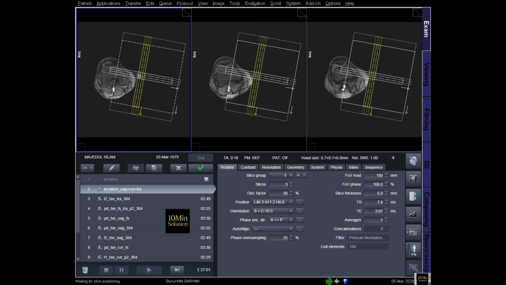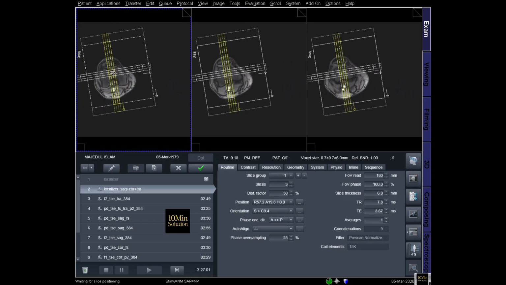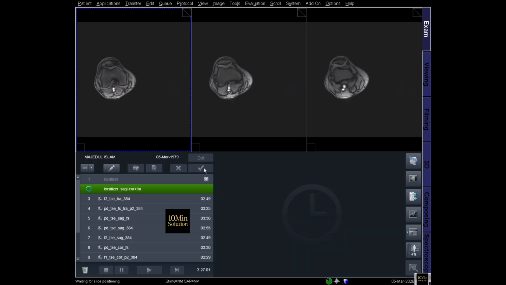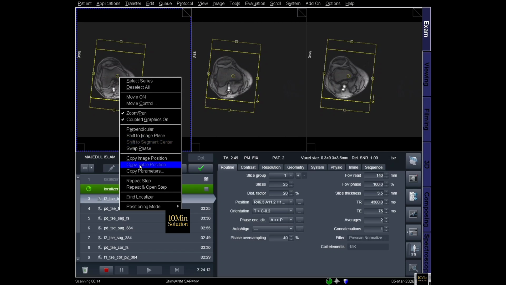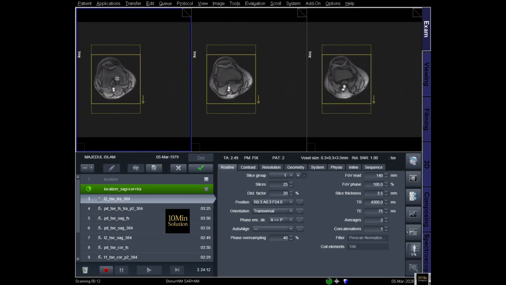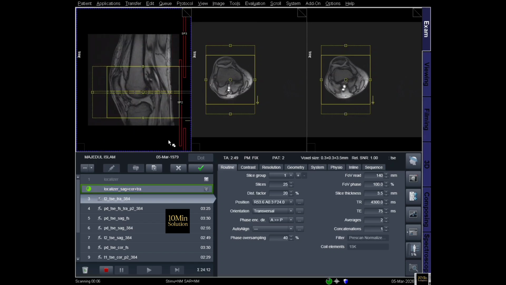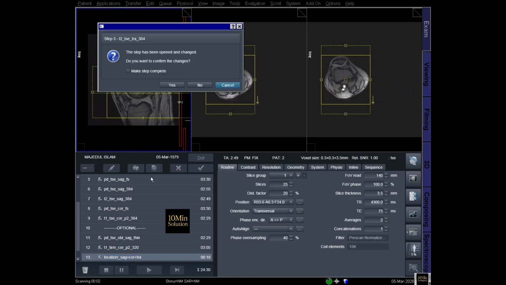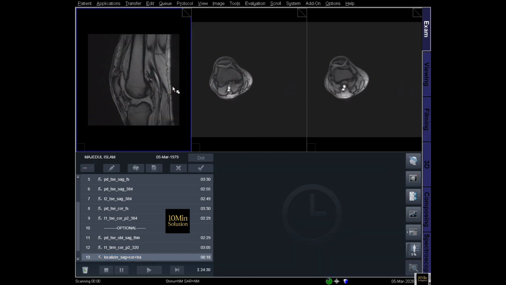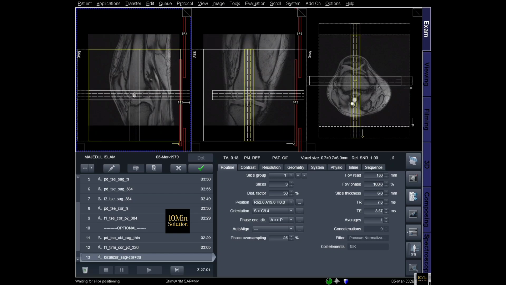Magnetic resonance imaging, or MRI, of the right knee joint is a highly effective diagnostic imaging technique used to evaluate the internal structures of the knee. It provides detailed visualization of ligaments, menisci, cartilage, bones, tendons, and surrounding soft tissues. MRI is commonly performed to detect conditions such as ligament tears, meniscal injuries, cartilage degeneration, bone marrow edema, and joint